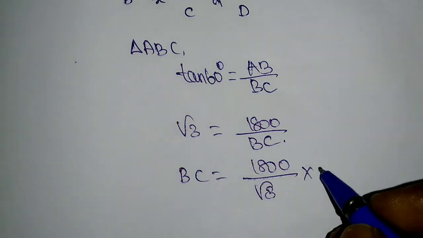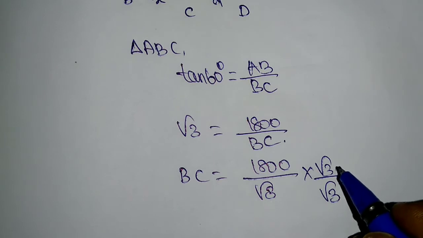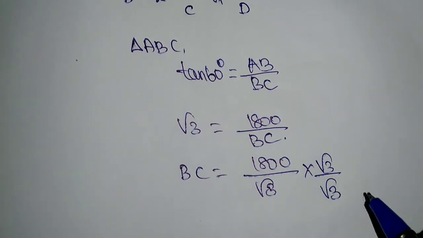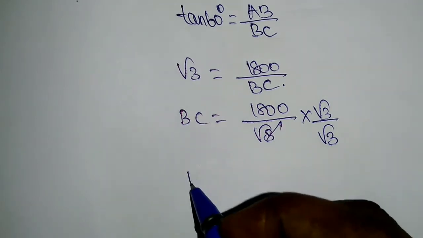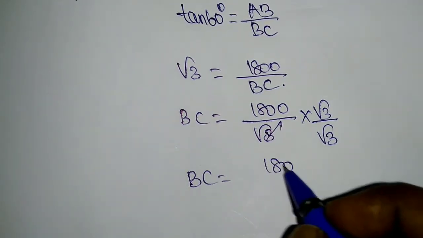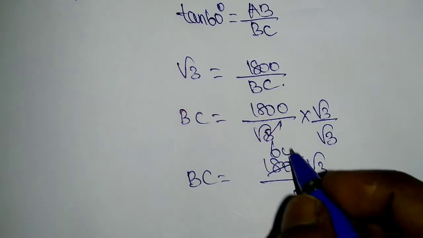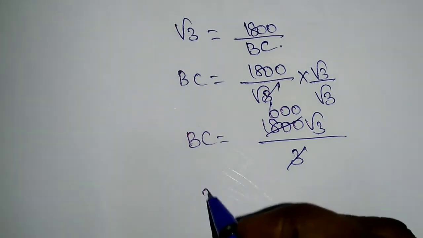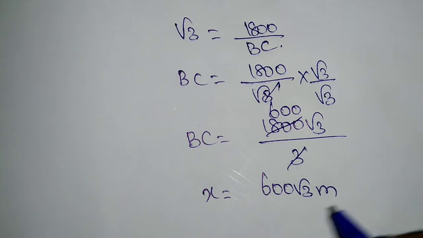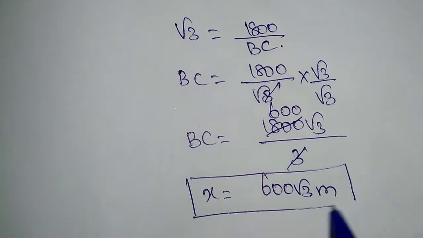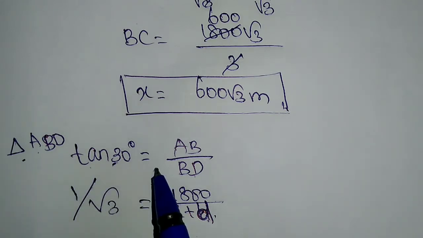So here we have to multiply root 3 to both denominator and numerator. Okay, so here root 3 cancels and here we get BC is equal to 1800 root 3 divided by 3, so 600. So here we get X is equal to 600 root 3 meter. Okay, now we have to find from the triangle ABD, tan 30 degree is equal to